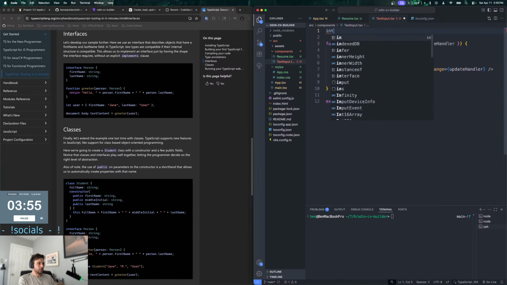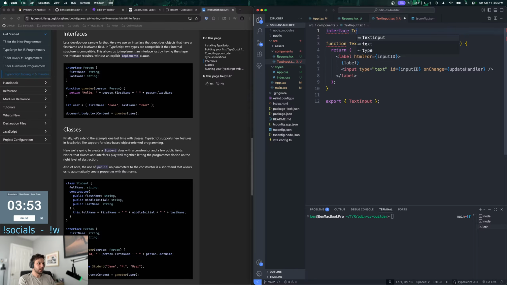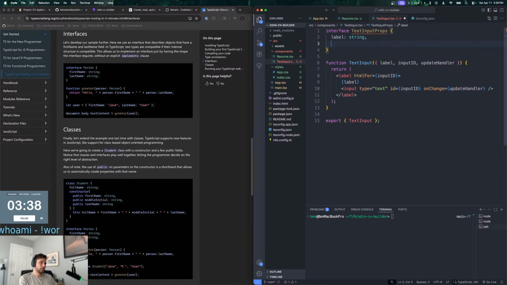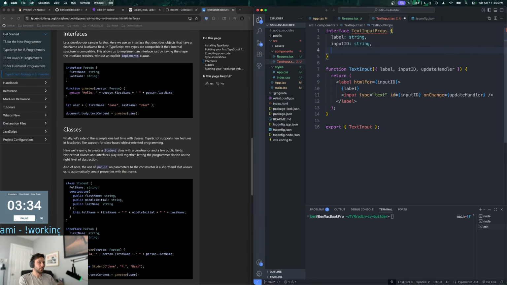Okay, yes, it was just this. So I'll say text input props. Like, what do we name it? I don't know if that's good or bad. So we'll do label, string, input ID, string. Okay, perfect.